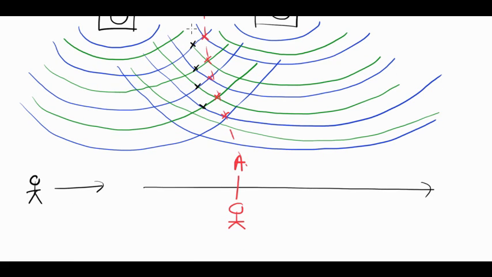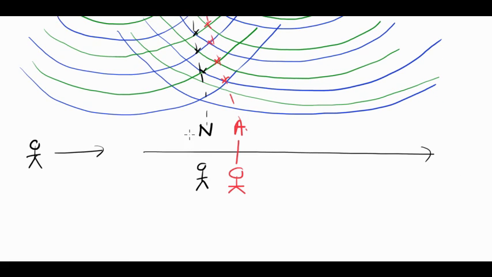So if we join these areas of destructive interference together, anywhere you stand on this line and listen, it would be quiet. This is called a nodal line, an area where there's no or very little vibration. And we have an antinodal line, which means anywhere along that line it'd be loud,